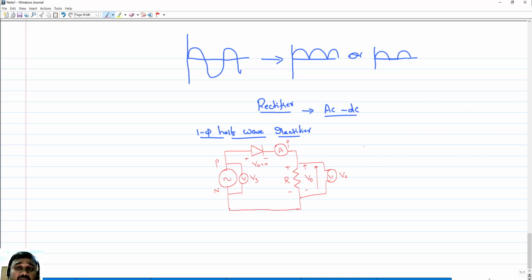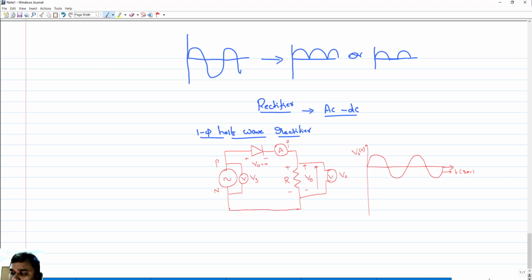Now we'll observe how the voltage and current waveforms look. Firstly, let us take the axis. This is the time axis, with respect to seconds or milliseconds, whatever you take. This I am taking as the supply voltage, in volts. Since it is alternating current, it will move up and down, something like this. It will go on.